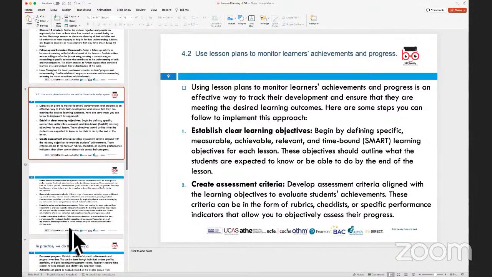and this would inform you how the learner is actually progressing. Now, when we look at assignments, we look at assignments which can be graded in the form of rubrics. We could look at checklists. We could also look at certain specific performance indicators which are related to individual learners or learners with special abilities